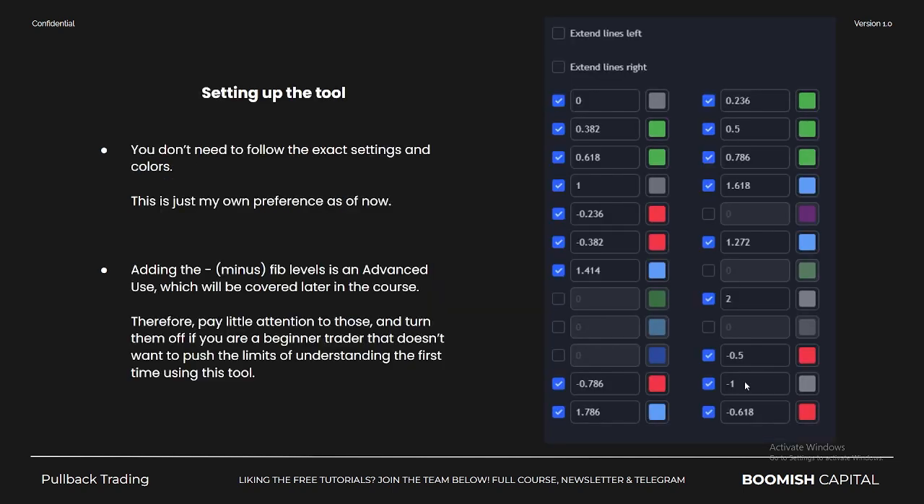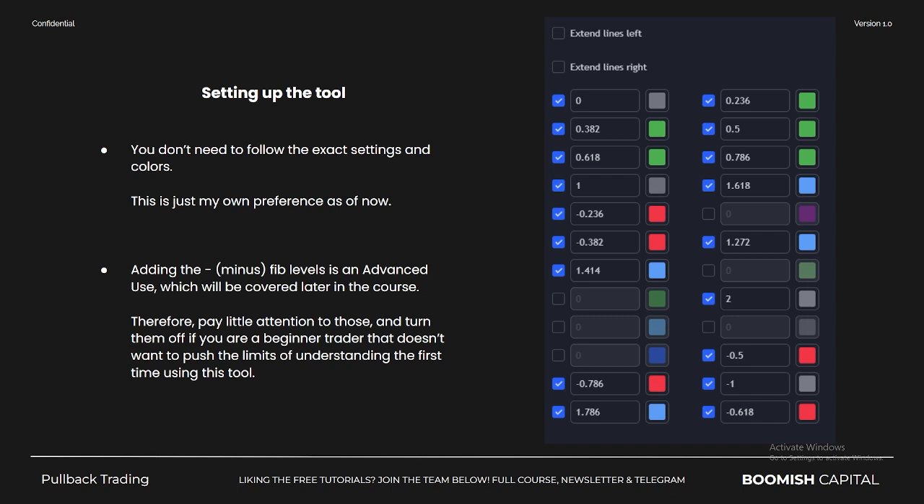So setting up the tool, essentially, if you set up the Fibonacci tool, these are the settings that I currently have on it. This is just my preference. There is the minus. This is a more advanced tool, so I wouldn't particularly advise immediately having minus levels on there. If you're just starting to put on your Fibonacci tool, just make sure you tick off these minus levels, like this one, this one, this one, this one, and these two over here, so that you get less confused,